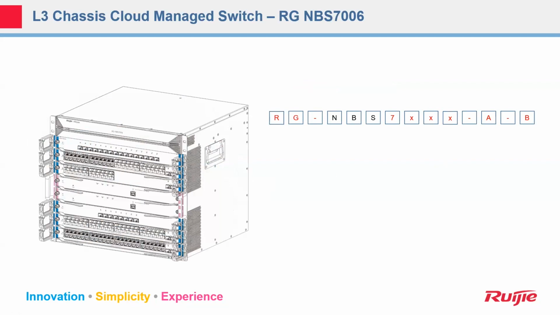Firstly, the MBS 7006 model. Does anyone know the meaning of the name MBS 7006? What is MBS and what does 7006 mean? Actually, the full name of MBS is New Business Switch, and the first number represents the capacity of the switch,